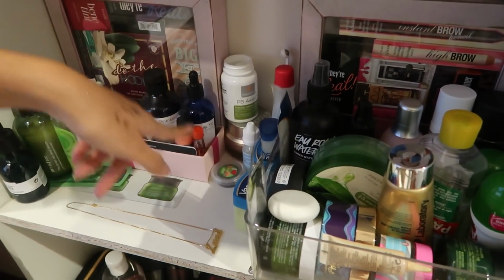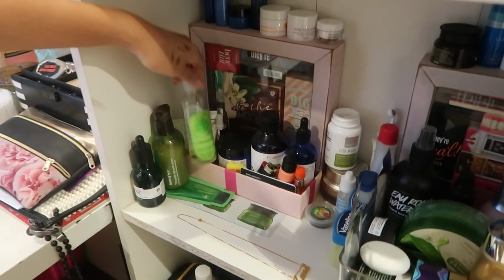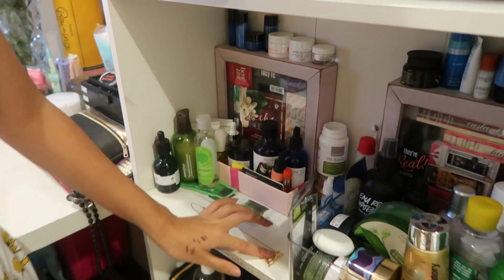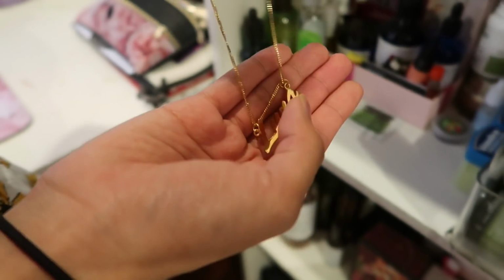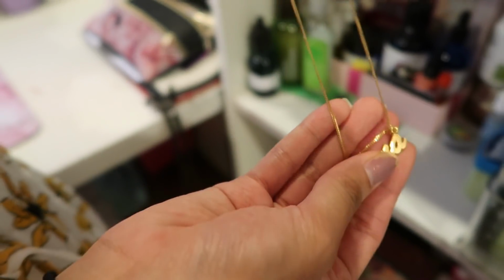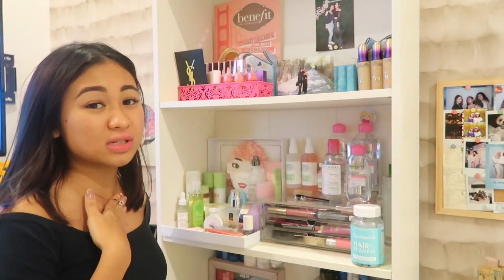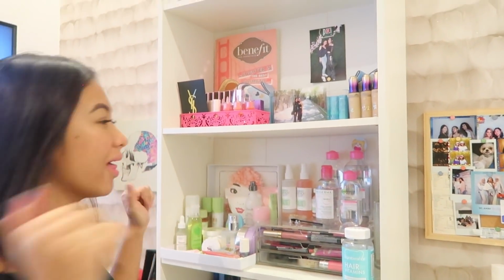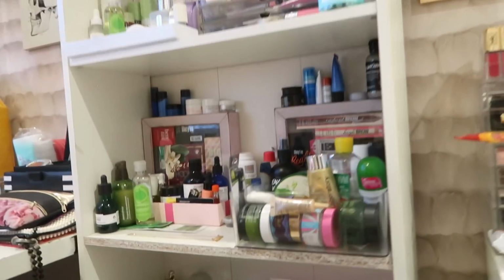I have some eye cream, Vaseline, more skincare stuff, and this necklace, my mom has one too. If you guys are wondering where you can get this, you can get this at any Goldsmith or any tempat macam Pokong ke mana ke. You can do this actually. It's better than the more expensive ones online because it's not real gold and my skin is sensitive, whatever. Alright, so moving on here, kat bawah ni is a bit more on the messier side because nobody ever